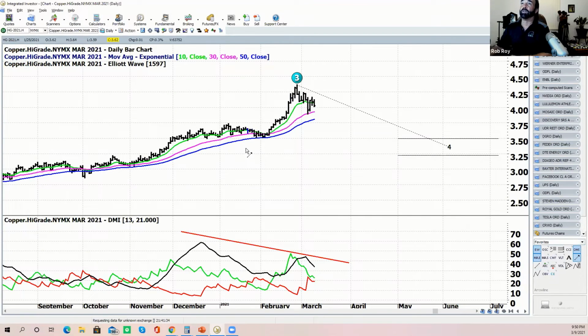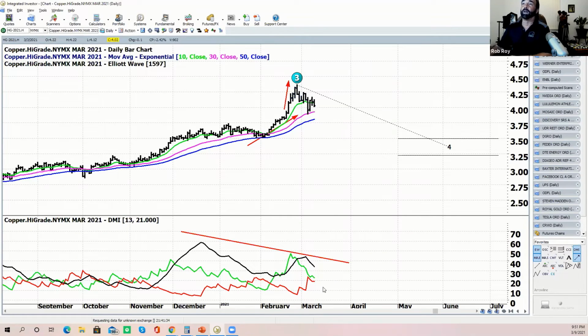So here's what happens. Remember, I like the 45-degree stuff. I don't like it when it goes vertical. So we had two things going on. Copper started to go vertical, and the ADX made a lower high. So that move there on the high back on the 25th of February, basically pivot point there, showed that we're